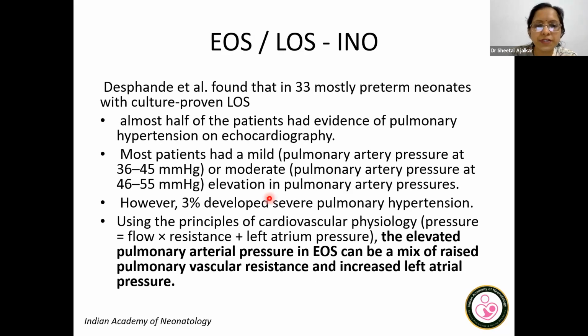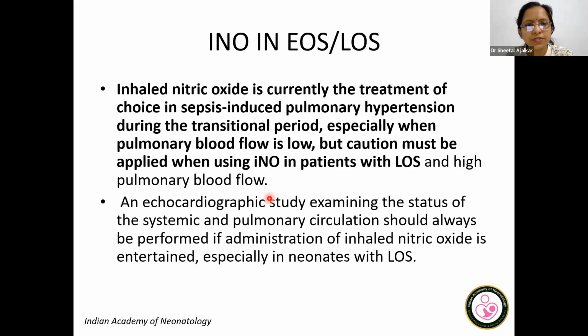So what is the evidence for early onset sepsis, late onset sepsis, and iNO? Deshpande et al. found that in 33 mostly preterm babies, most of the patients had mild, moderate, or severe pulmonary hypertension, and that the elevated pulmonary arterial pressure in early onset sepsis can be a mix of raised pulmonary vascular pressure and increased left atrial pressures. So in early onset sepsis, inhaled nitric oxide is currently the treatment of choice in sepsis-induced pulmonary hypertension during the transitional period. So, in the first few days of life, if there is early onset sepsis along with PPHN, then inhaled nitric oxide is the treatment of choice, especially when the pulmonary blood flow is low,